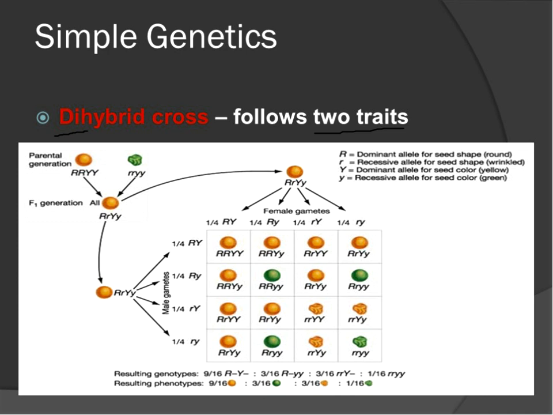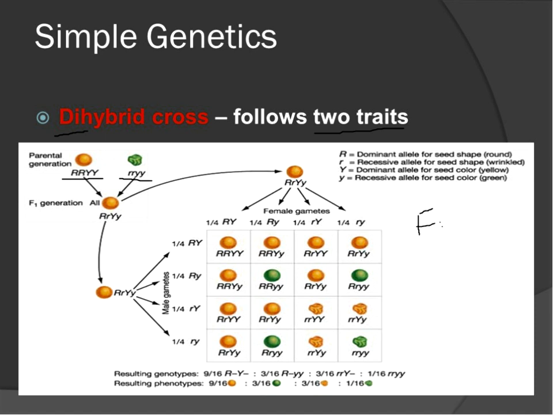This is called a dihybrid cross. The only difference is DI means 2, so it follows 2 traits. So instead of 4 boxes, it's 16 boxes. And I will show you guys briefly how to do this, but I want you to focus most of it on the simple genetics we just did. But when you do a dihybrid cross, all you're doing is just keeping 2 traits separate, but you're combining them at the end. So in this case scenario, they're crossing